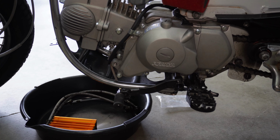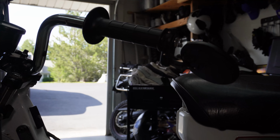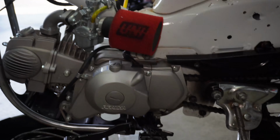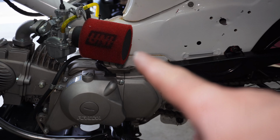So it still has the centrifugal clutch where you basically don't need, well, you can see on the lever, I don't have a clutch on there. Which is still fun, so it still kind of keeps that just like twist and go spirit, I guess you could call it, of the CT90. Like I said, VM22 carb on there with a uni filter. So